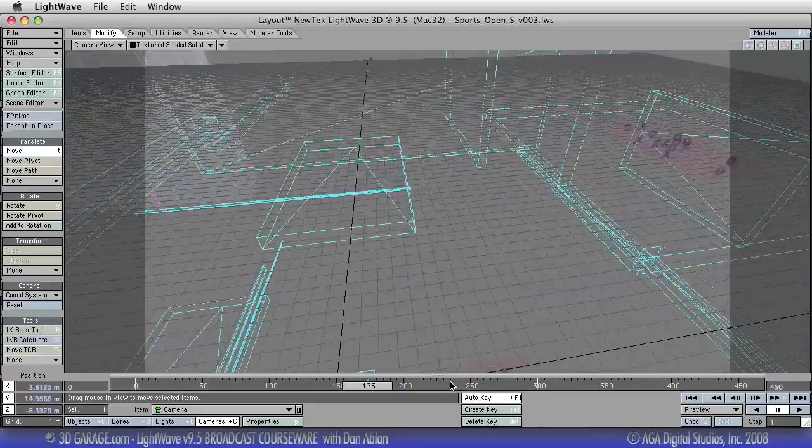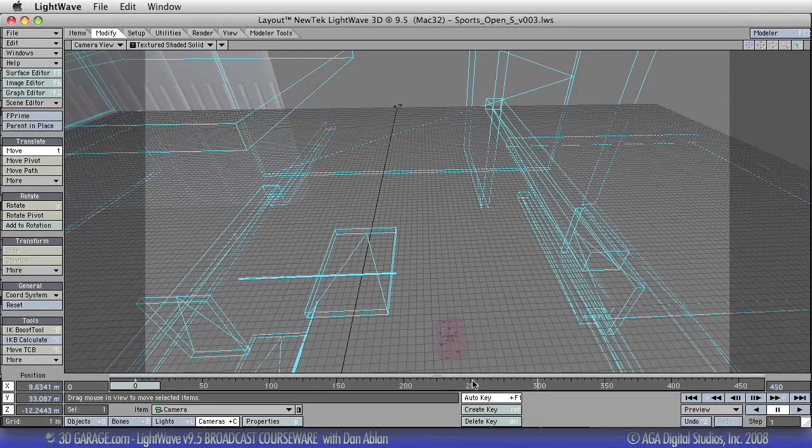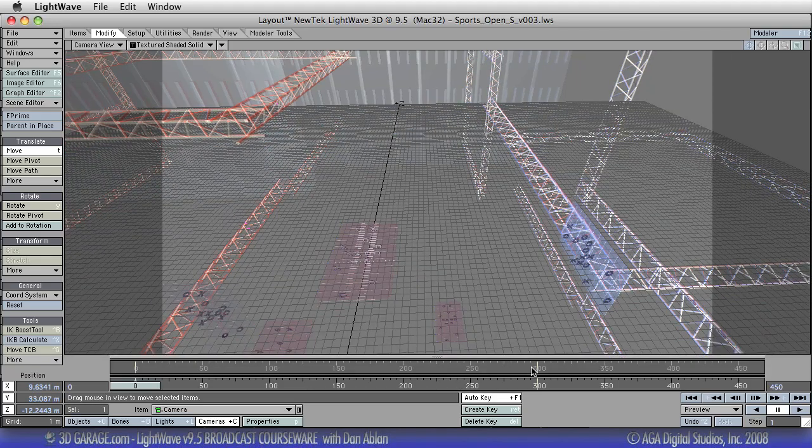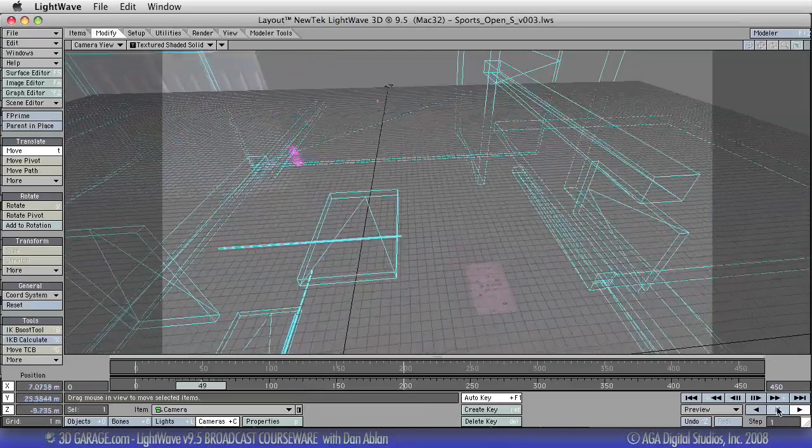Okay, because I got an idea of the timing. And maybe we need to come down a little bit sooner. You know that? The way you can do it is go like this. You can just open up that top frame there, that top timeline, click on that 300, and let's make it 200. I think we need to get down there sooner. Okay? And this is not necessarily playing in real time, but